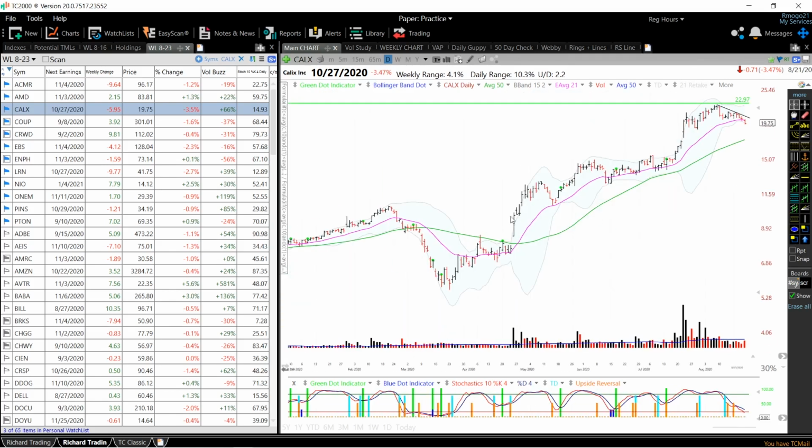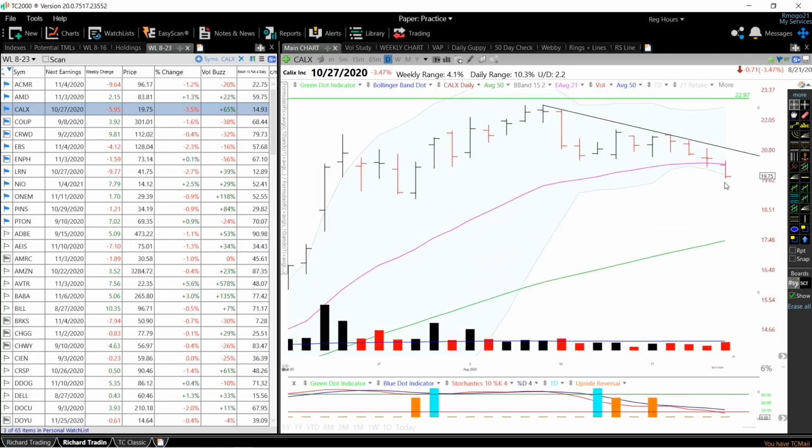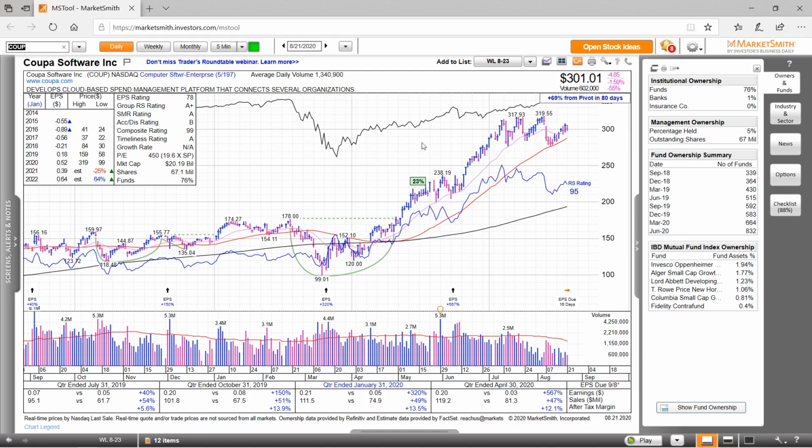And I really like the price pattern in this stock, and overall there's a lot of signs of accumulation. It's been holding that 21 EMA pretty much through this entire move. So my expectation is that it finds support very soon and moves up once again. So that was CALX, and next up we've got COUP software, which I also bought down in here, and it